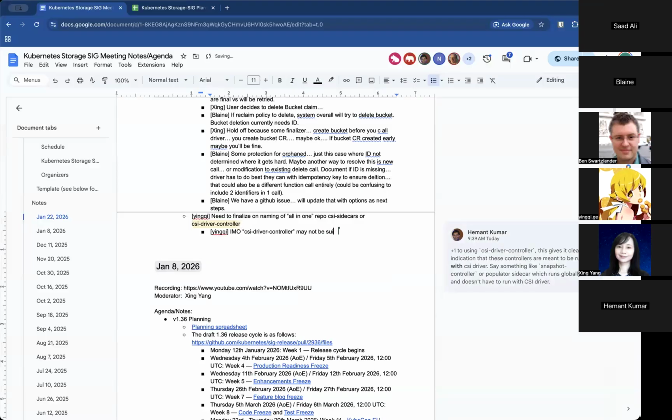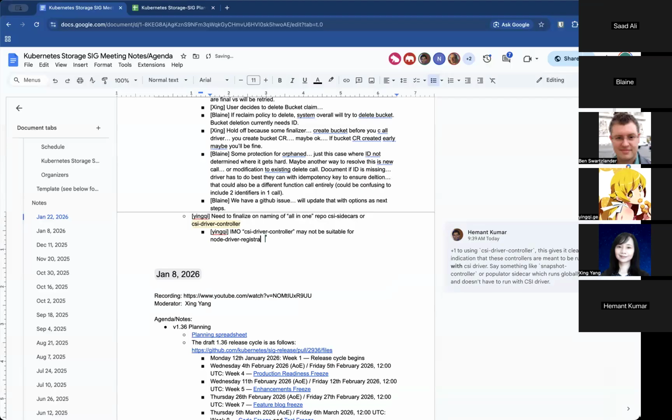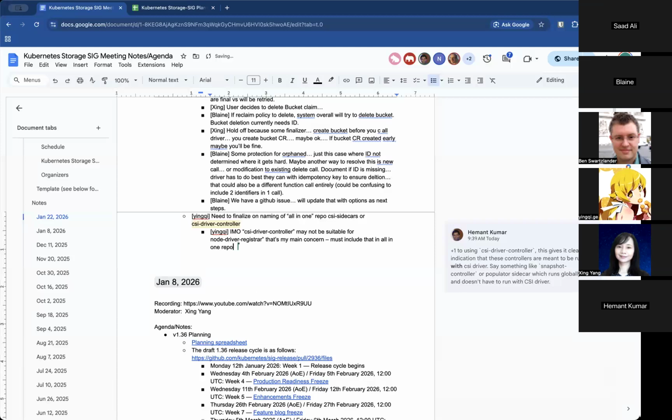This is my major concern. Because we integrate the node driver registrar into the all-in-one repo as well, it's a little bit unsuitable for that.